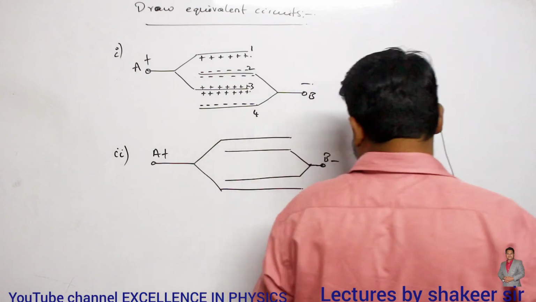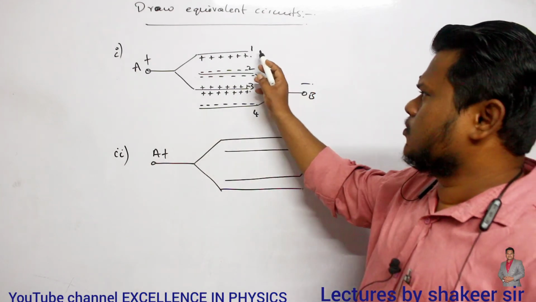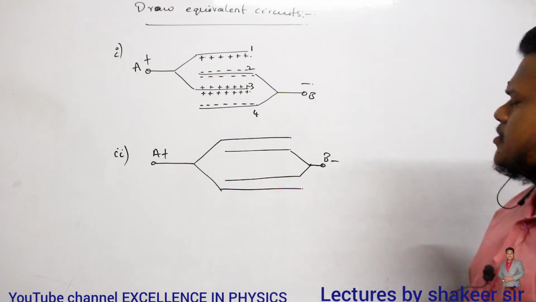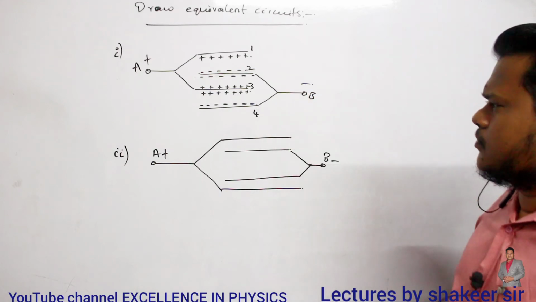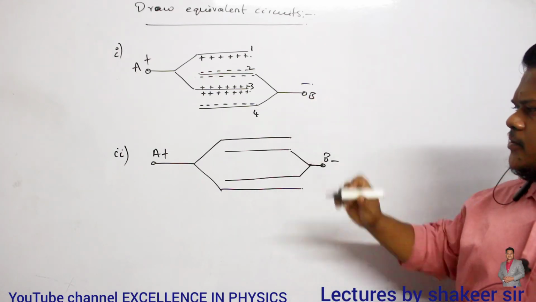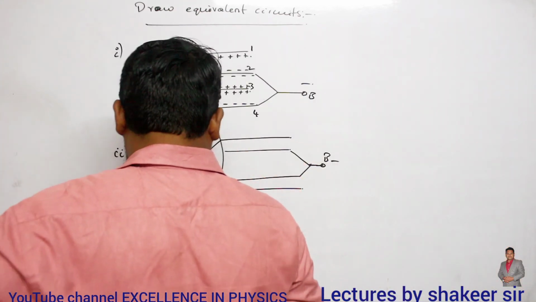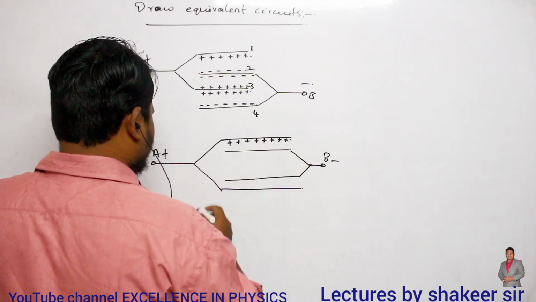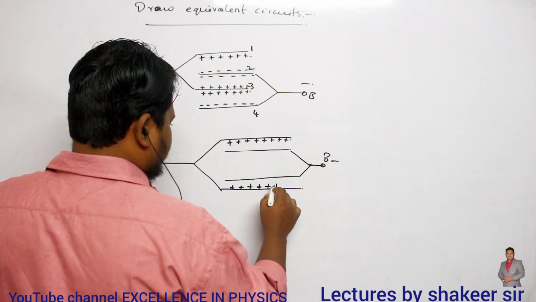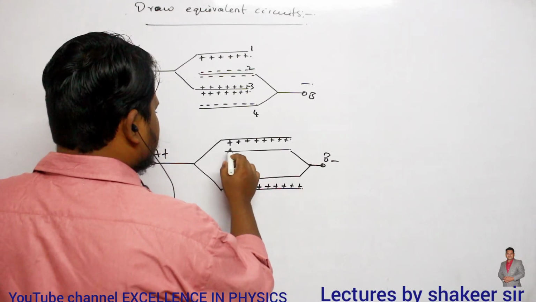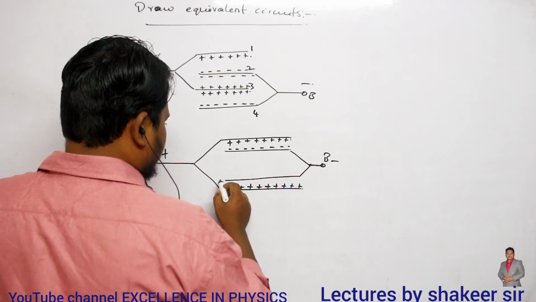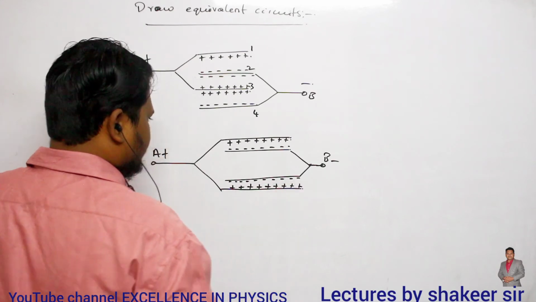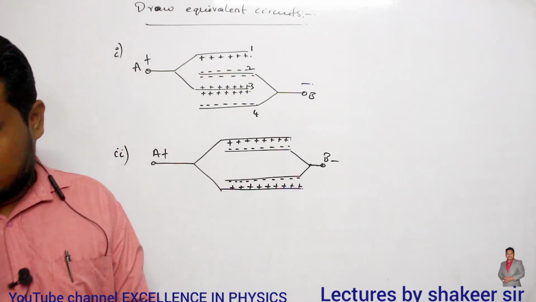Okay? So this is how I can distribute the charges. So plates 1 and plate 3 are connected to the positive terminal, so positive charges will be present on them. And plates 2 and 4 are connected to the negative terminal of the battery, so negative charges will be present. Similarly, distribute charges on the second arrangement also. This is positive. Okay, so this is also positive, and this one is negative, and this is also negative. Clear? So now try to draw the circuits of this one.